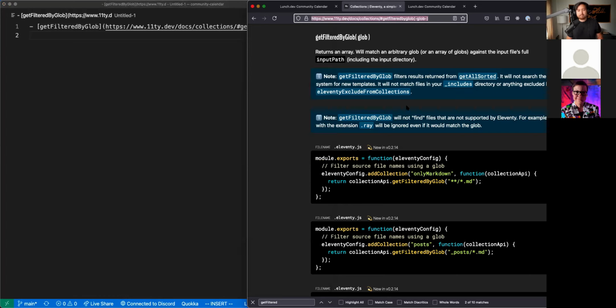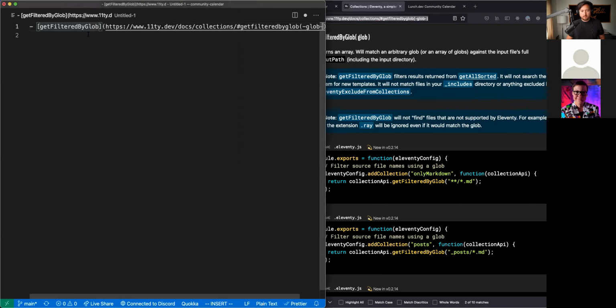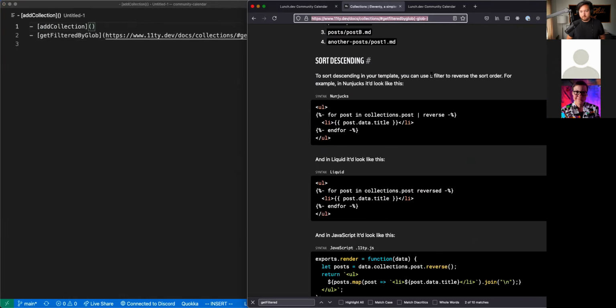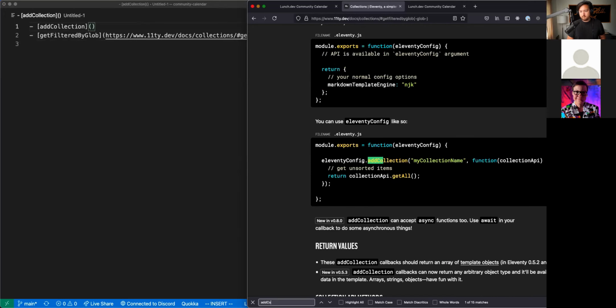Because Eleventy already is scraping through all your files and trying to figure out what they mean. And also, it's figuring out what data applies to each of those templates, because every template accumulates its own set of data. Eleventy internally is using these big, grandiose objects to represent each template. That's kind of the language that Eleventy speaks in, these giant template objects, these